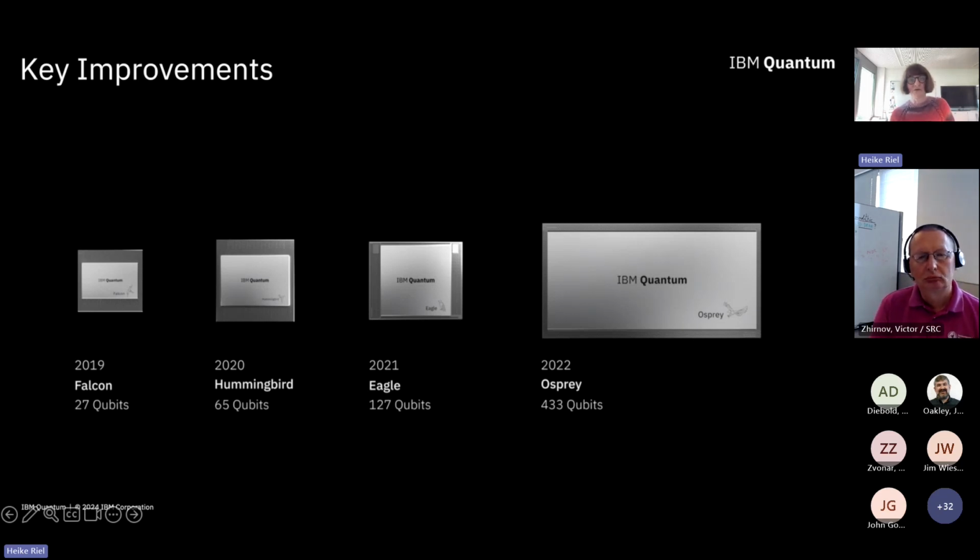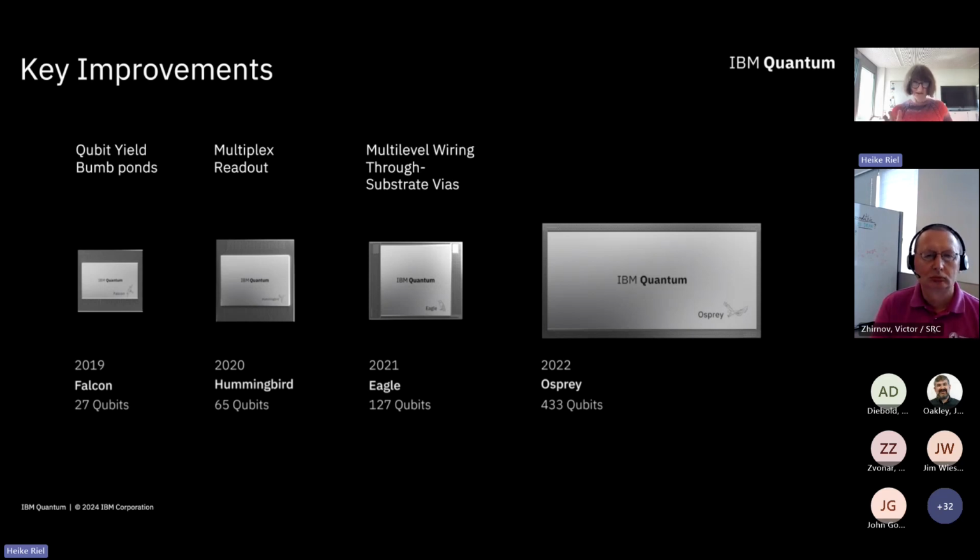In 2022, we already demonstrated a processor with 433 qubits, and all of them needed, as you can imagine, different technological breakthroughs. I don't go into detail, but it is about how you can control and increase the yield of qubits and the performance: bump bonds, multiplexing readout, multi-level wiring, as I just mentioned before, and also flex I/O, as you will see in a minute, because it's getting also dense in the